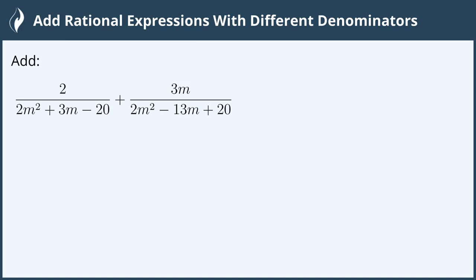Hi everyone! In this video we will add rational expressions with different denominators. The first thing we want to do is find the lowest common denominator, and for that we're going to need to factor both these denominators. The first thing we look for is a greatest common factor. There's nothing in common between 2, 3, and 20, so we're going to go ahead and just move on to